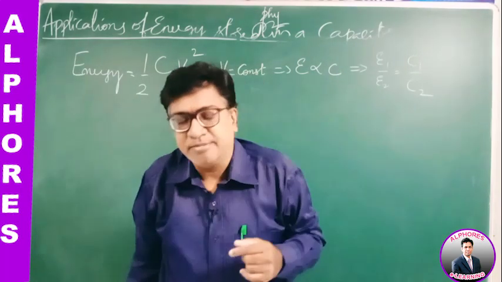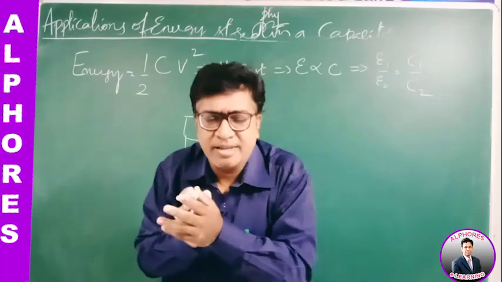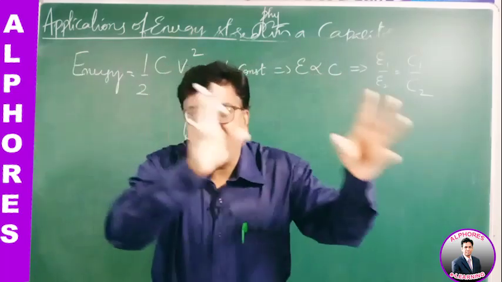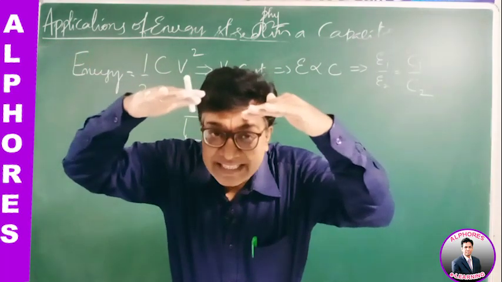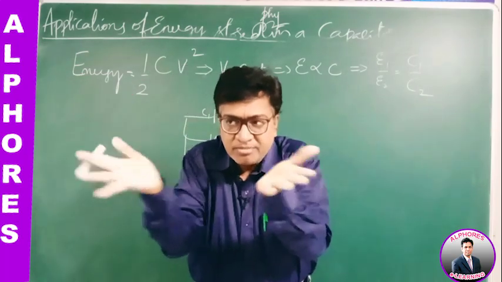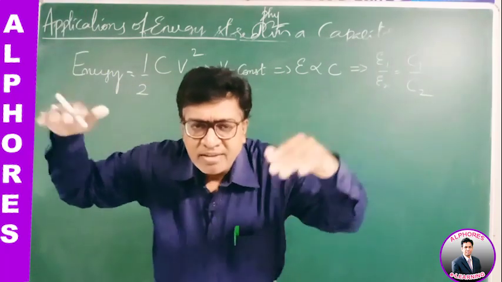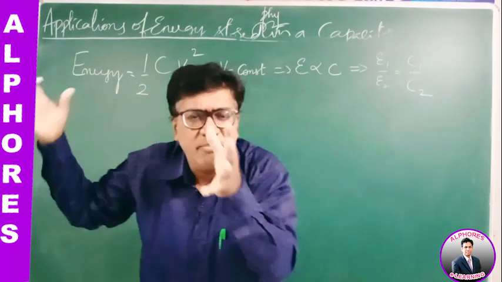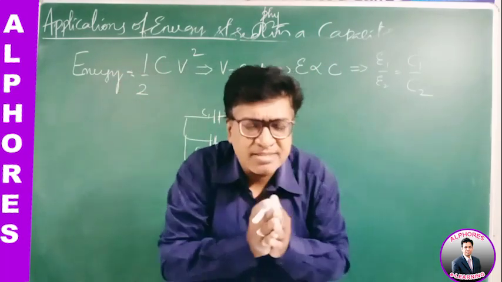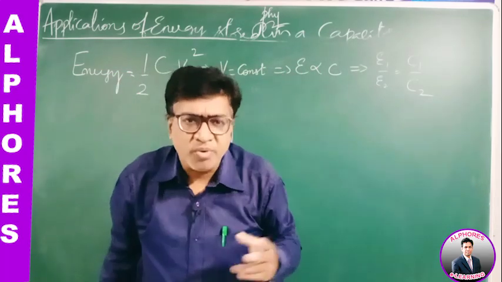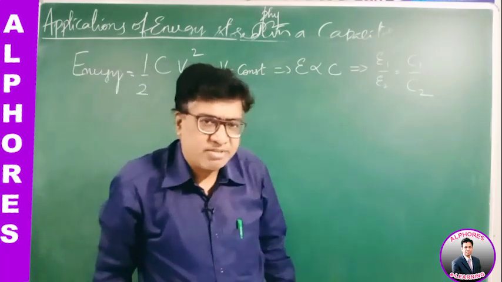Let us understand. I was telling you a capacitor can be imagined to be like a tank storing water. There are two different tanks, a smaller one and a bigger one. Now I pour water into them and maintain the same level, the same height. In which one is the energy stored more? Obviously the bigger tank has more mass, while the height is the same for both. The smaller tank has less mass. So the energy stored in the bigger capacitor is more. So E is directly proportional to C. E1 by E2 is C1 by C2.